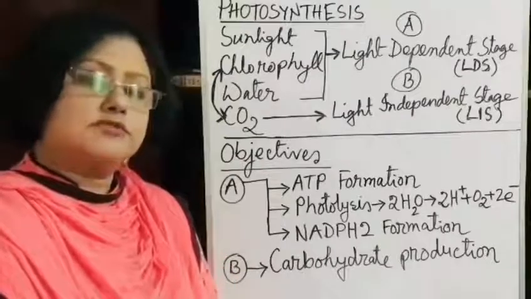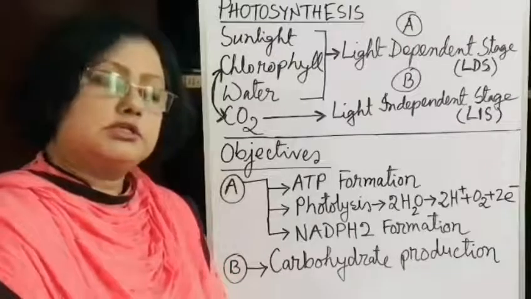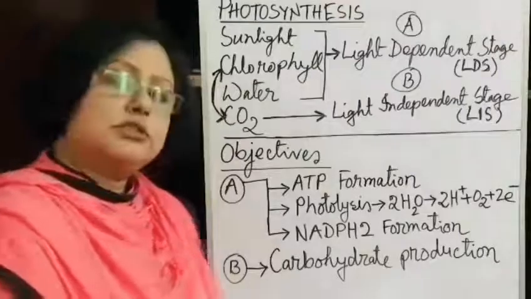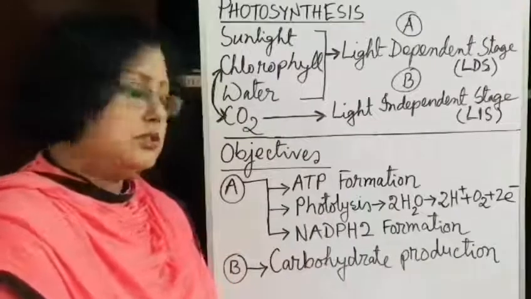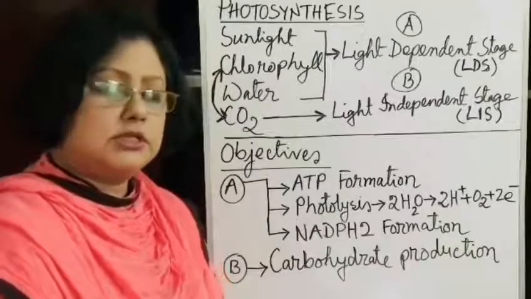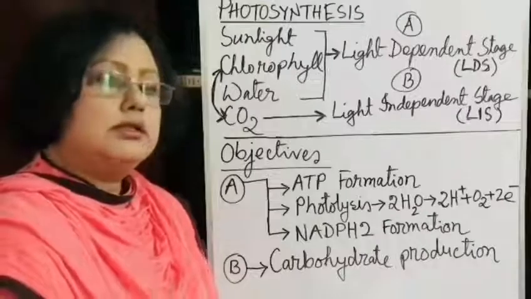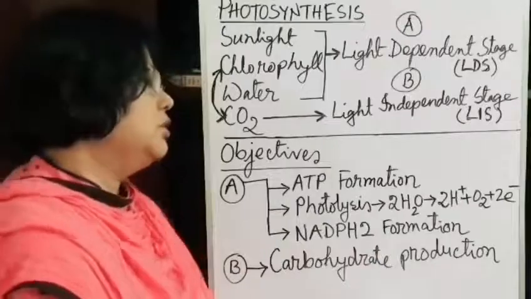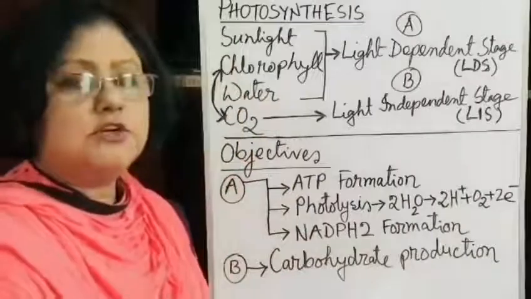You know, thousands of cellular activities occur within all living cells, and this ATP supplies energy for any of them. So now come to the next one, photolysis of water. So the meaning is lying here. Lysis means breakdown and photo means light. So photolysis of water means water is breaking down in the presence of light. If I say in one word, the breaking down of water in the presence of light in the chlorophyll into hydrogen ion, oxygen molecule and electron is called photolysis of water.